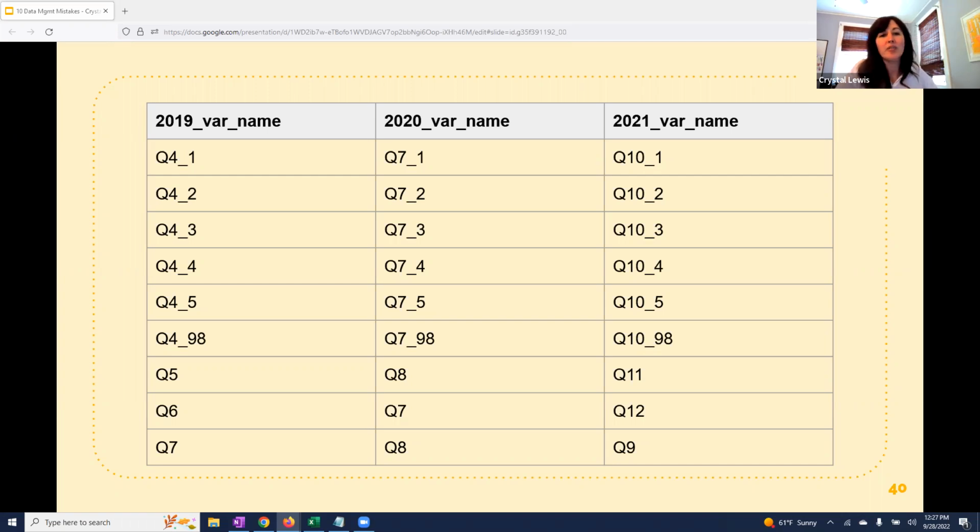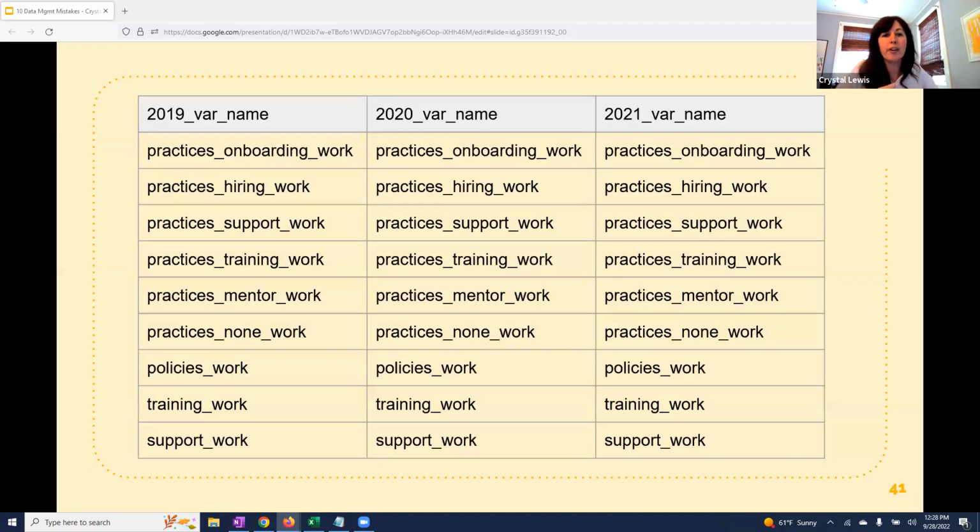And what's even scarier to me is that Q7 in 2019 and Q7 in 2020 are not the same variable. The variable names were reused for different variables, leading to a lot of confusion. And this data was really, really difficult to compare over time without a lot of headaches flipping back and forth to documentation. But if I rename the variable to something like this, it looks a lot more manageable and interpretable, right? Hopefully I can now see easily which variables are comparable over time.